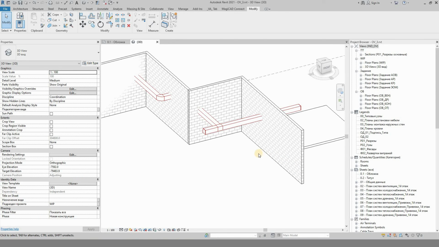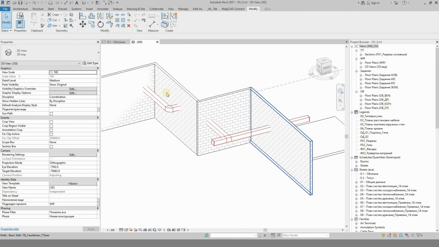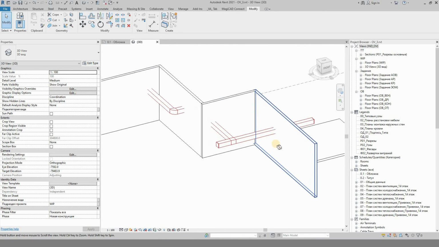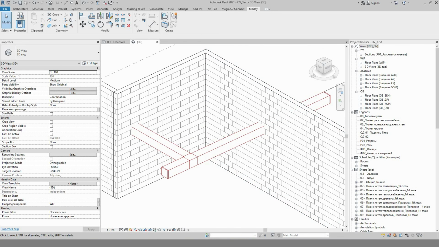So in today's video, we're going to be doing something a bit different. What we have here is an architectural project. We have some walls and we have some ducts going through them. Now what we need to do is create a script in Dynamo. I'm going to be using Dynamo in this video to actually place some element right here to create the cutouts